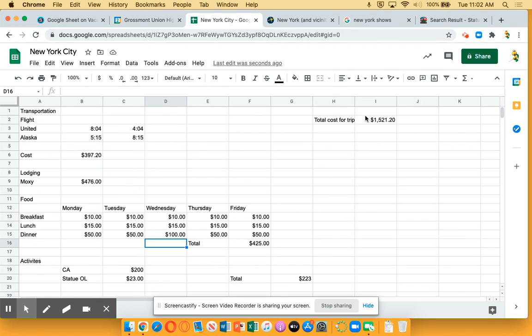Okay, so that's why when you get to this formula here, this is the main one I'm going to be looking for, by the way. I'll look at this on all of yours and make sure you have this formula up here. This is the one I'm most interested in, the total cost for the trip. They should all be calculated, but especially this one. Okay, you shouldn't have a bunch of numbers in here. If you have no formula for this, then you'll get no points for this. So once you have all this done, you're going to send this to Schoology, and that is your